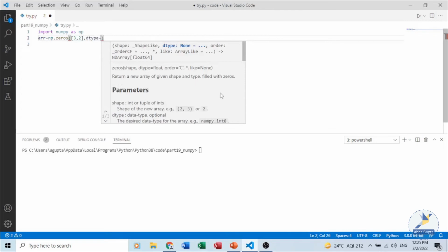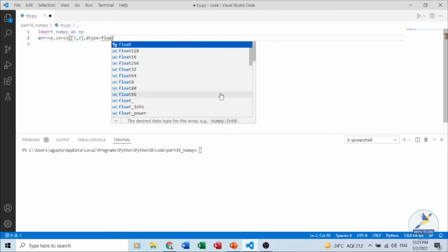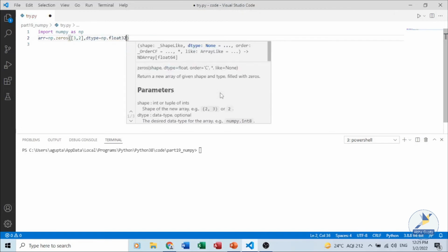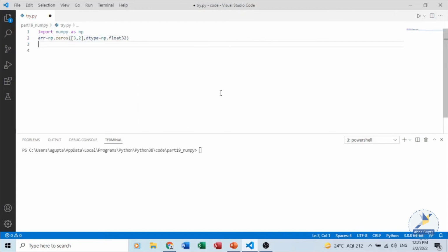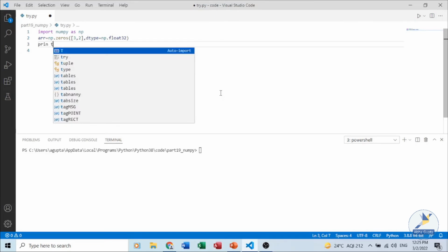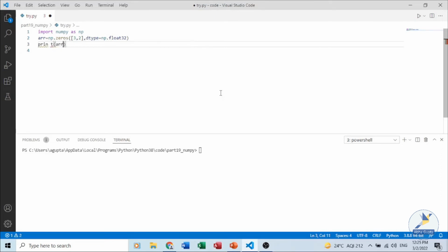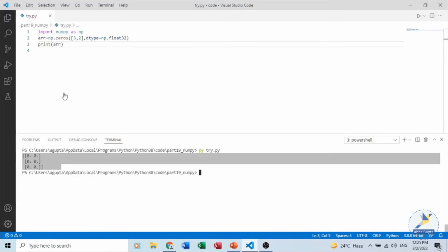Say it's a float type, say float32. Let's save and print arr. You could see an array with all zeros has been created.